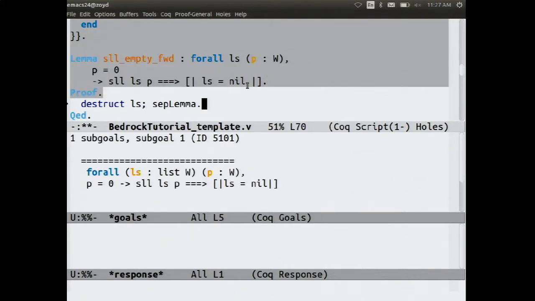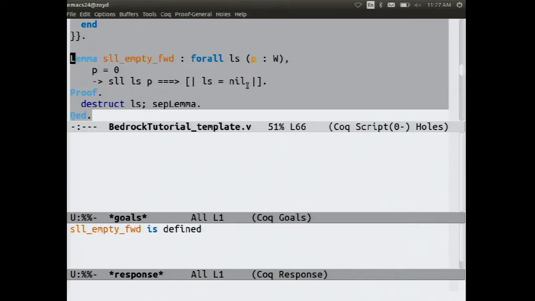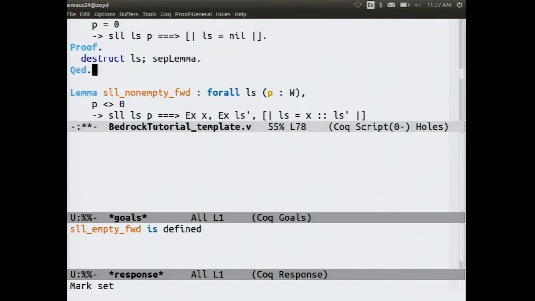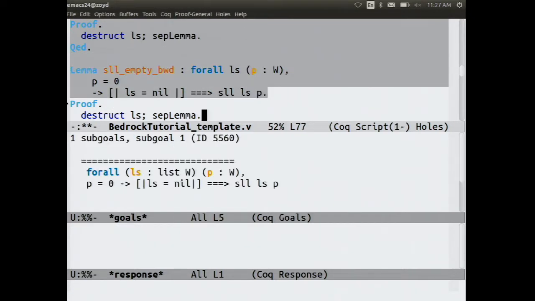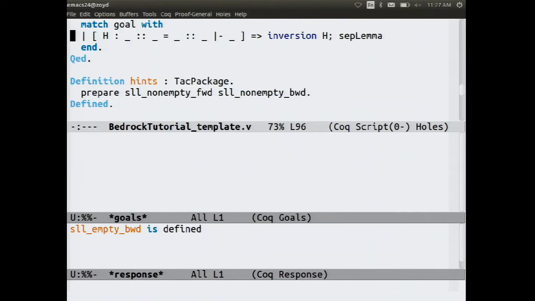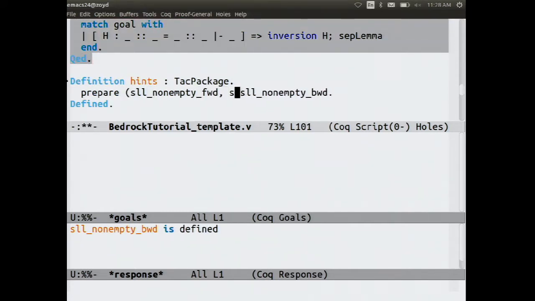You might also guess at this point, you might as well do the backward direction. We'll probably need that. And that is true, so let's do the backward direction. Okay, so I'll put those into my hint database. When I run this, prepare is a tactic that's taking all these different lemmas and reifying their syntax into a Coq AST of lemma syntax and then putting everything together in a form that later tactics will be able to do good things with. So let's see what happens next.